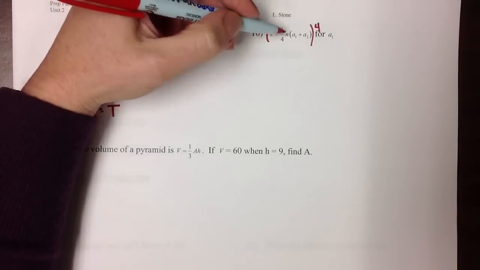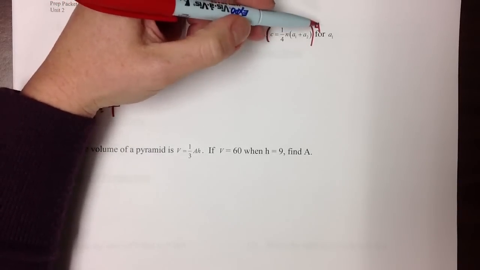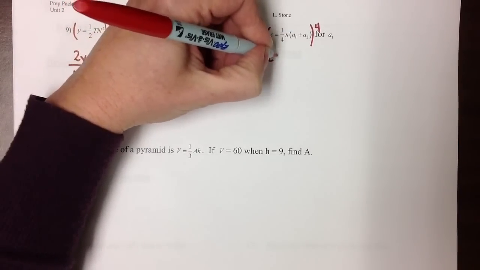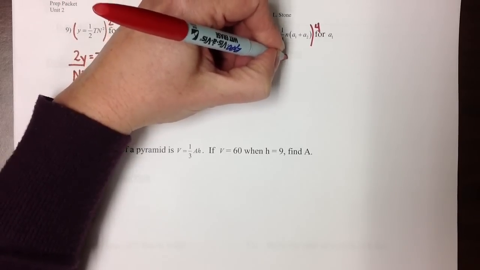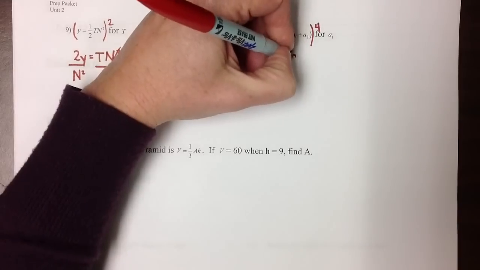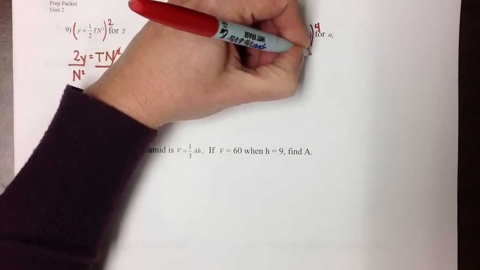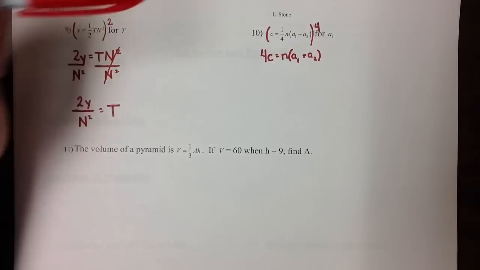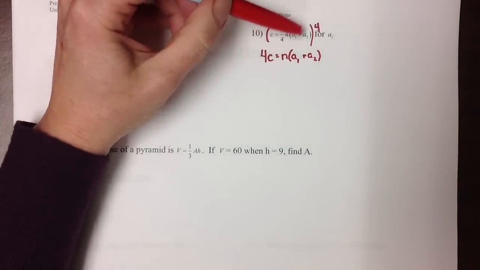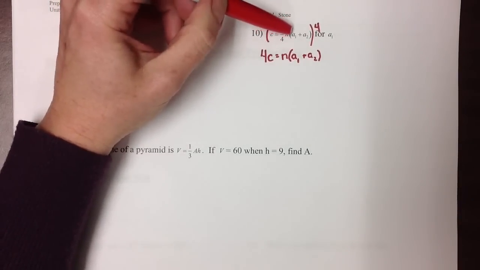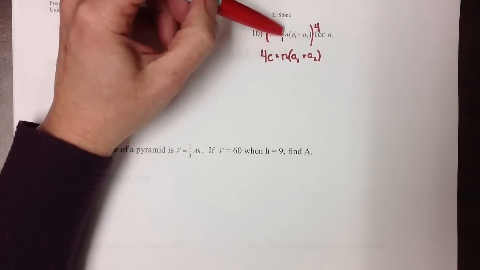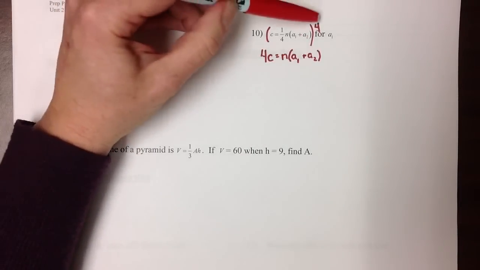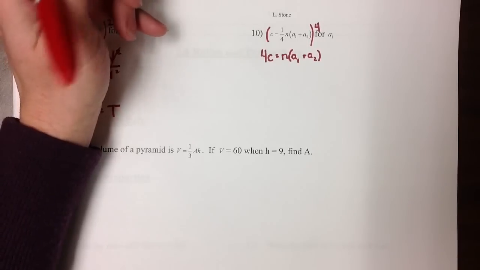So when I multiply each term in this equation by 4, I'll get 4c equals n times a1 plus a2. And you'll remember from section 2.3 where we cleared fractions that because these are in parentheses,